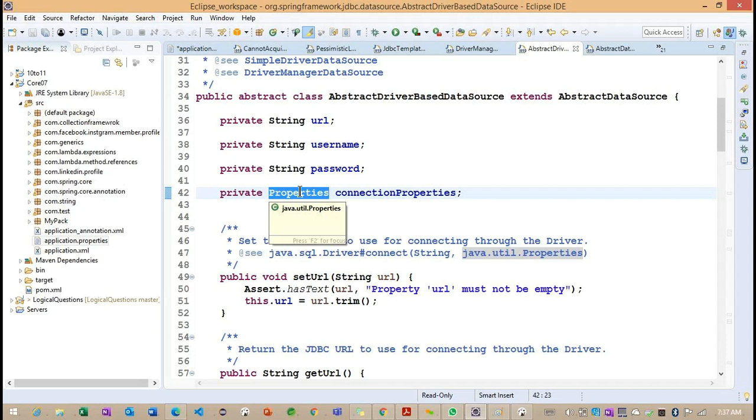Getting the point. We discussed a map related example, and later we discussed the properties here. So inside the same one we are discussing the properties. Okay, now we understand here. So the DriverManagerDataSource class we are having, internally, what are the properties we are having? So we identified that. Getting the point.